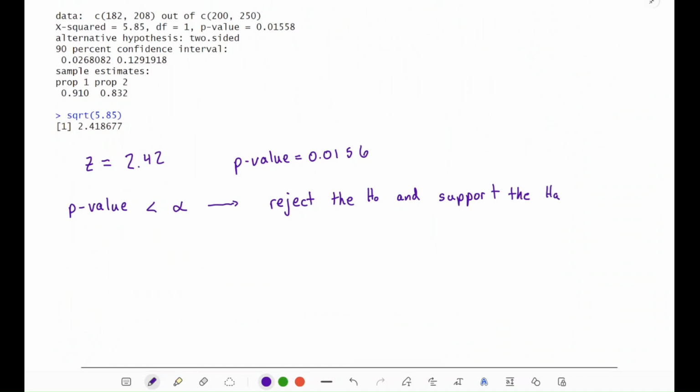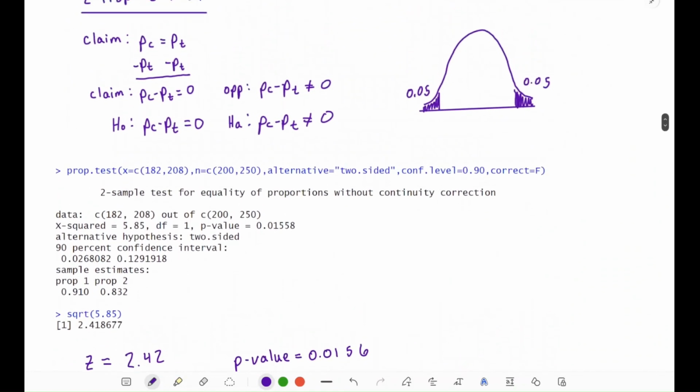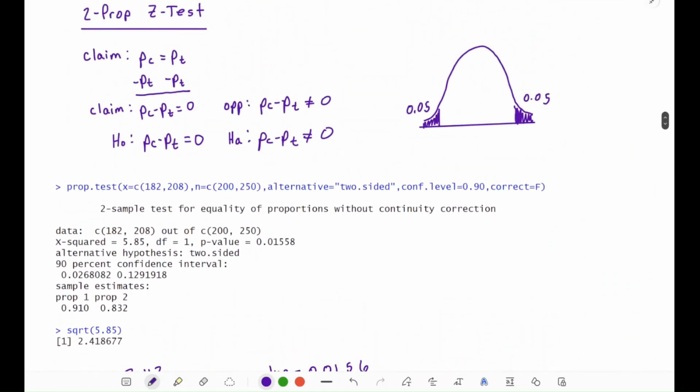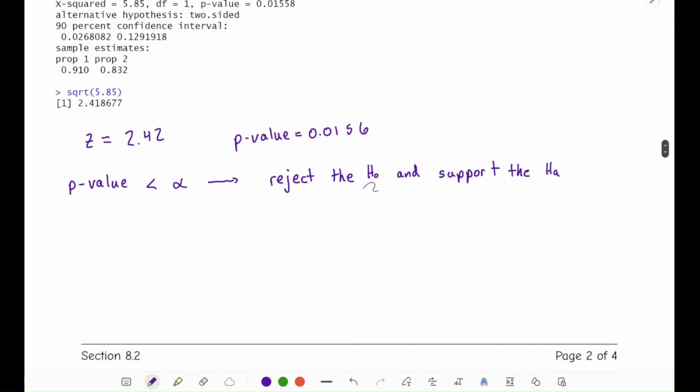And now for the conclusion. If I scroll back up to where my claim was, the claim matched the null hypothesis in this question. So what was my decision about the null hypothesis? I rejected it, so I'm going to reject the claim. So there is enough evidence to reject the claim